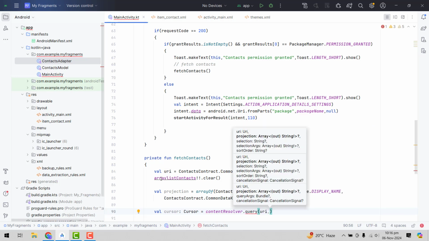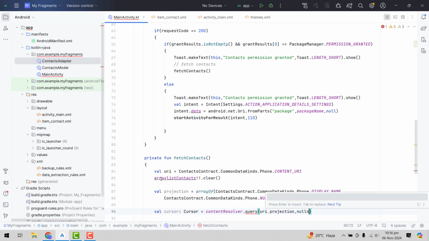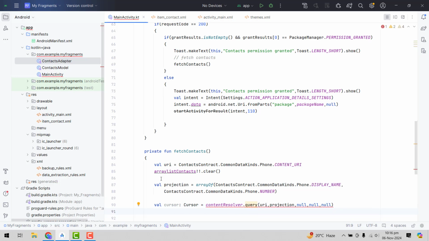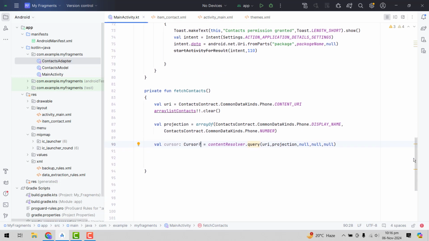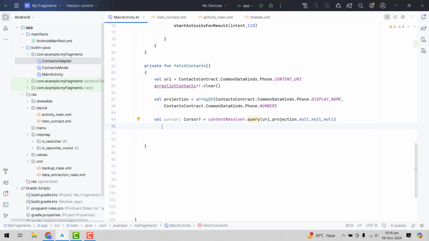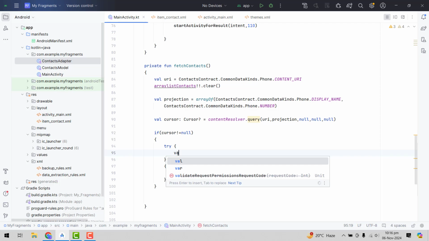Inside that we can pass the URI, then we pass projection, null